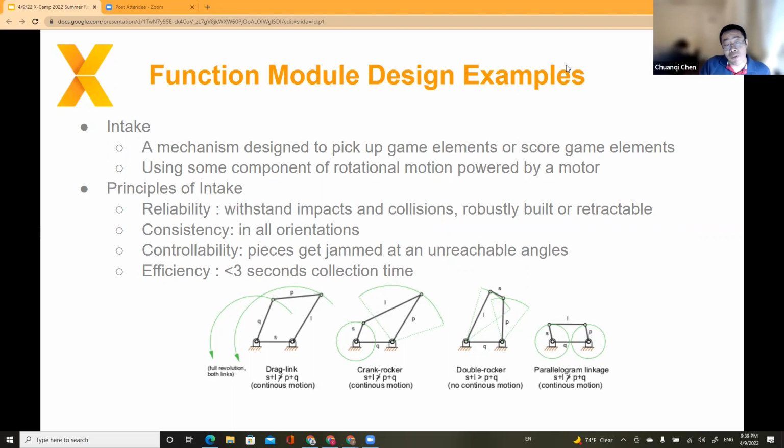And the last one for the intake design is efficiency. The goal of all robotic design competitions is to score. For example, in FLL, every time you pick up parts, that's part of a mission, and when you pick up the part you score 10 points, 15 points. So you want to pick up parts as fast as possible. That's why efficiency matters. For every part you pick up, it should take less than 7 seconds. If it takes more than 7 seconds, then you don't have a very good design. So there are certain specification principles when you design the intake module.